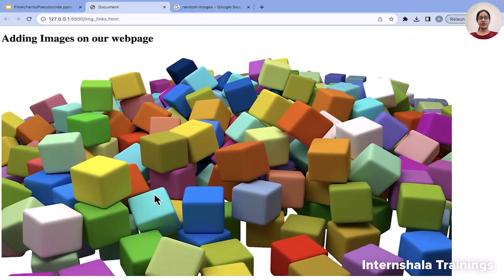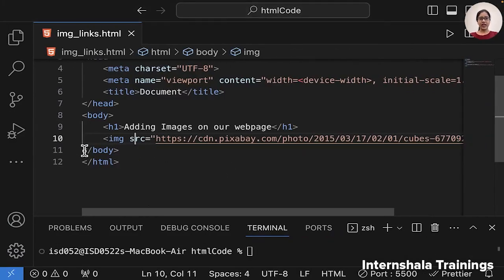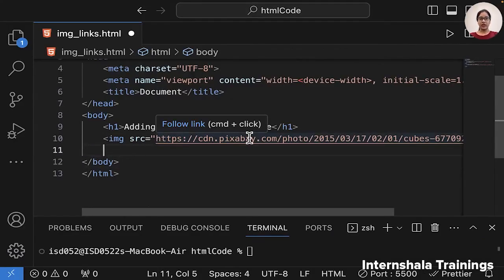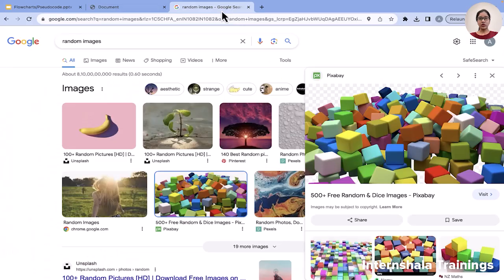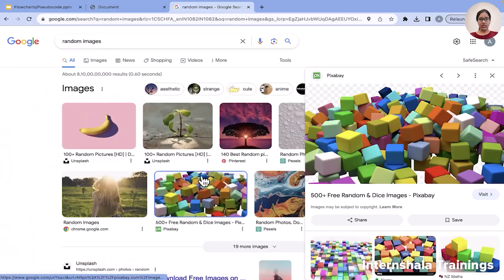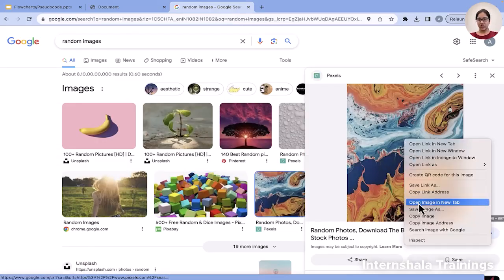The image, whatever reference we have given in the src attribute, has been added here. Similarly, you can add any image you want. Maybe you want to add an image which is already downloaded in your folders. It may be the case that you don't need to copy it directly from the web page, but you may have downloaded images from a URL. Suppose I go to this image, any particular image, let's take this one, and let me save this image on my system.